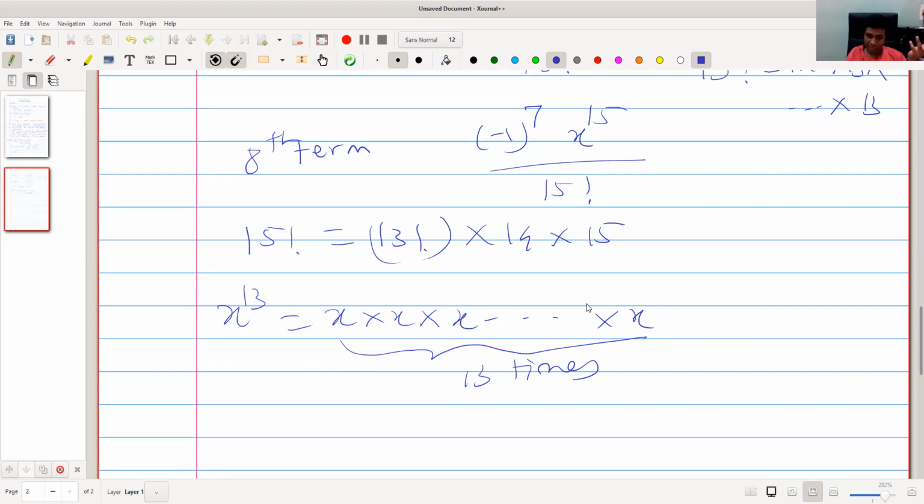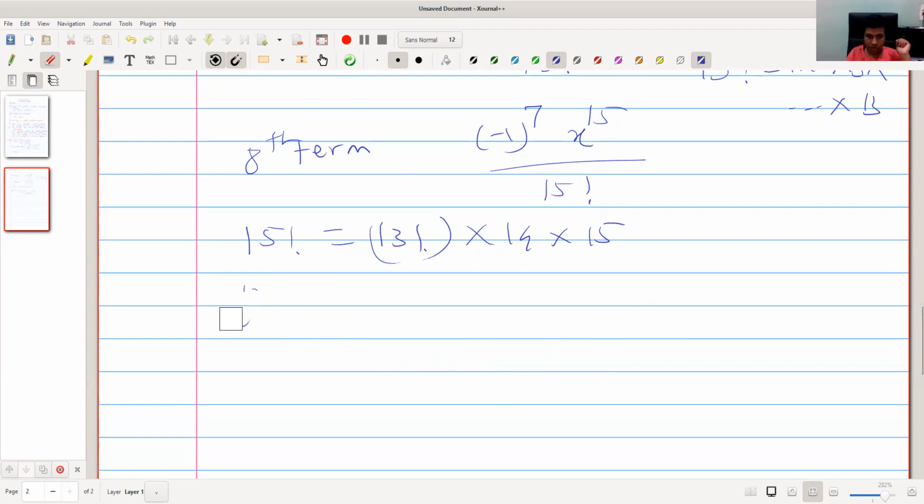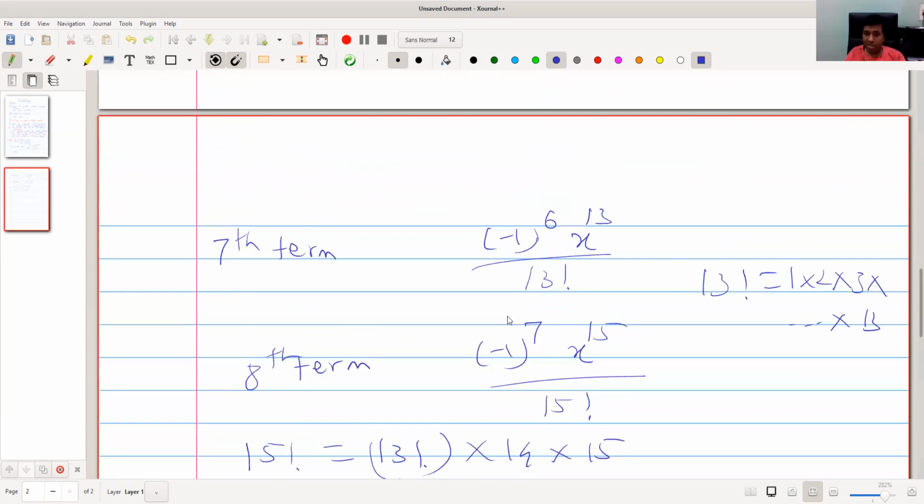If I already have this computation, I should utilize it. So my x raised to 15 is x raised to 13 multiplied by x squared. So these two observations are important.